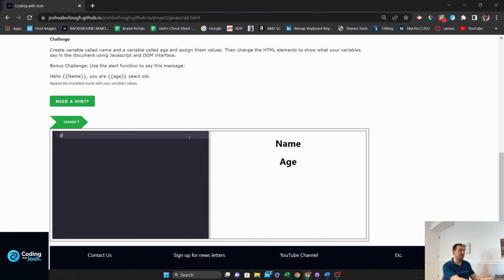If I write an if statement, well, before that, let's set up a variable. So const age equals 25. Again, here's our variable, and we don't need to put it in quotes because it's a number. So our age is 25. So we're going to say if age is greater than 25,